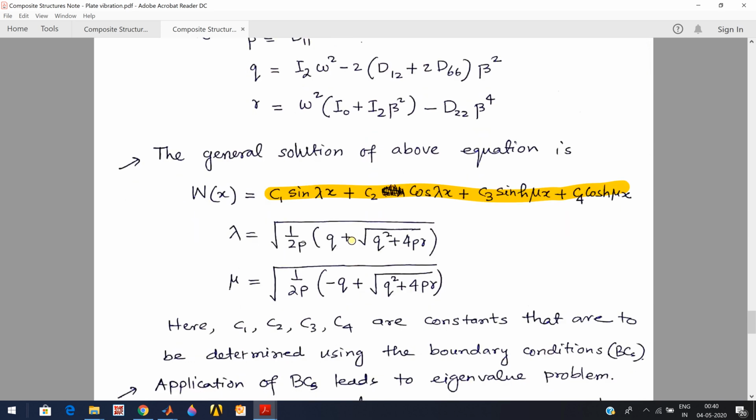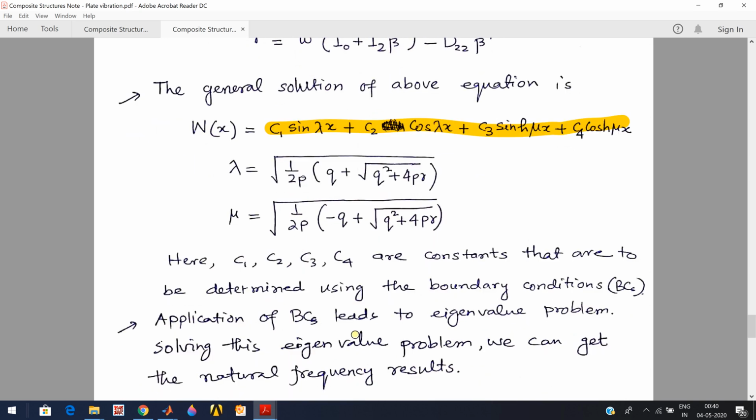And now we can actually apply the boundary conditions, and from the boundary conditions we'll get four equations for these four constants C1, C2, C3 and C4. Considering those four equations, we will actually get an eigenvalue problem, because to get a non-trivial solution, the